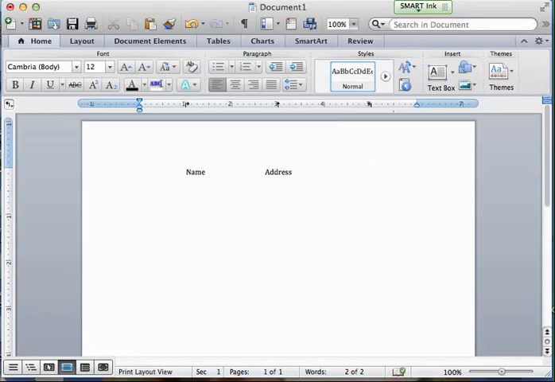And now my tab is over on the right side. Now notice what happens when I type this last. Let's put phone. And as I type phone, phone is keying backwards because it's keying off the right tab over